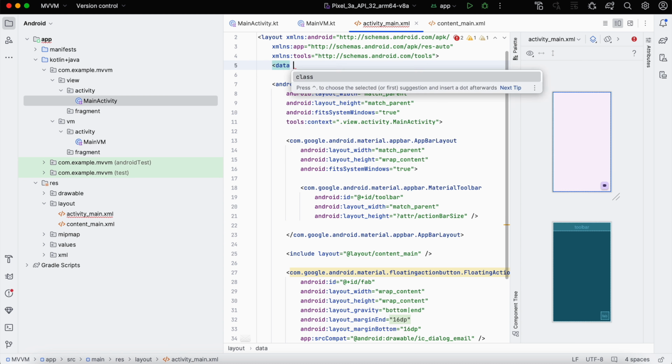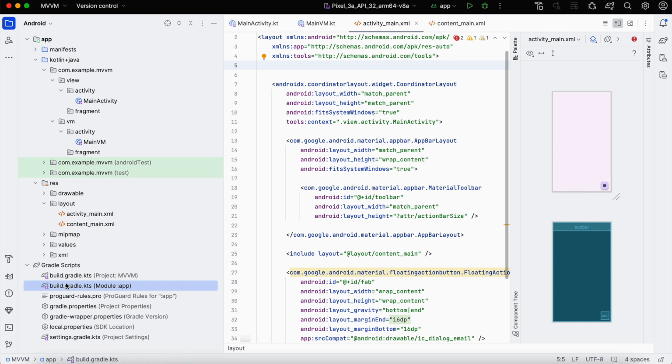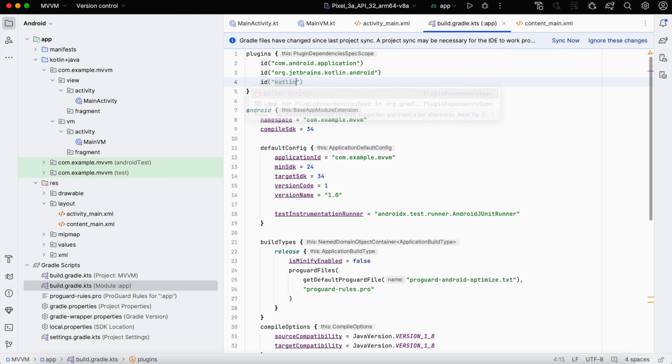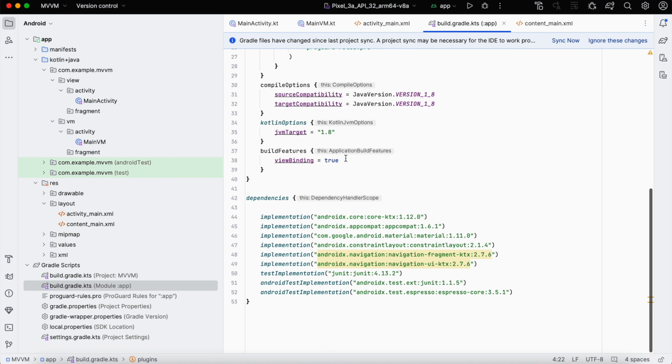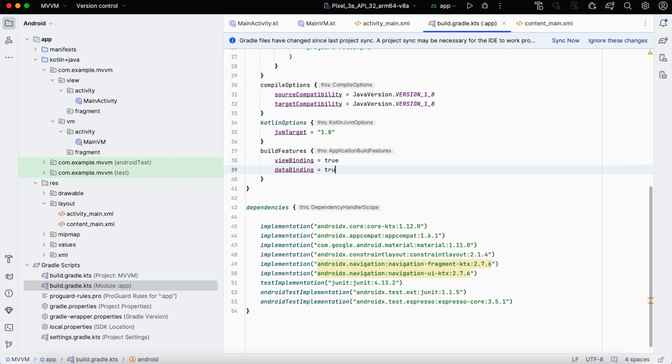For that, you need to take one beautiful thing in your Gradle file. Go to the app level, and here add id kotlin-kapt, and one more line, dataBinding equal true. So now data binding and view binding both have been enabled for our project. So sync,